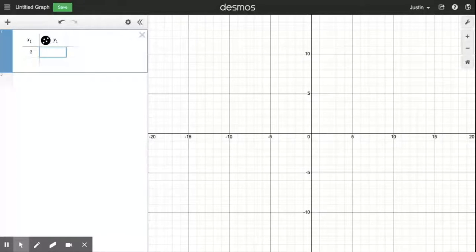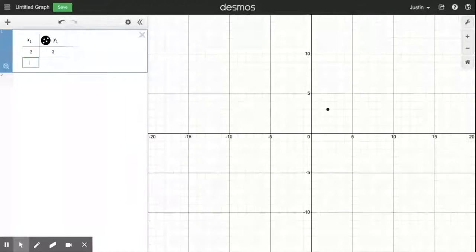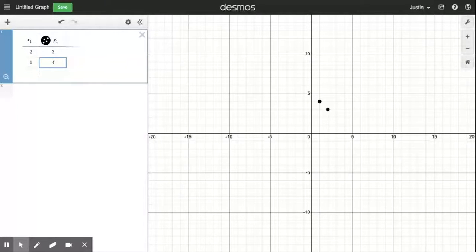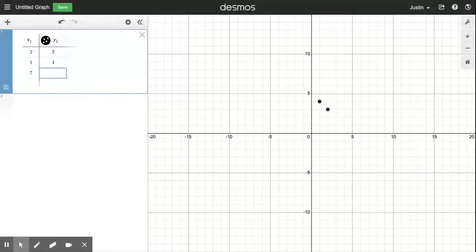And you can type in some numbers here. Start with 2, 3, start with 1, 4. There we go, we have a few points right there. Great, cool, wonderful. But if you want to actually connect them and turn them into a real polygon like that, what you want to do is you go to this settings thing, edit list in the corner,